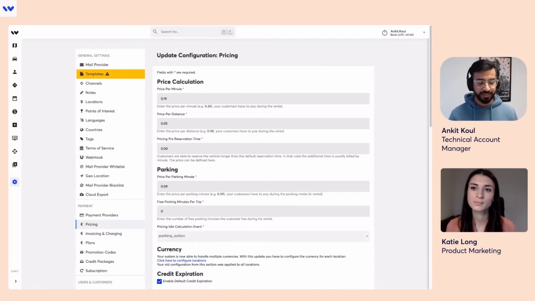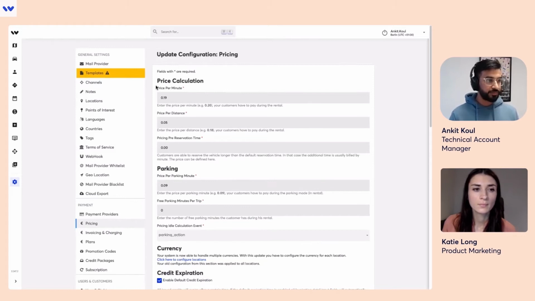Let's say you have multiple vehicle types, one being a scooter, another being a bike, and so on, and you want to have common pricing for all your vehicles, you can set it up here, right? In addition to this, the operators can also configure specific parameters for different vehicles in different locations, which is the next step. But before we move there, I would like to also show you something here.